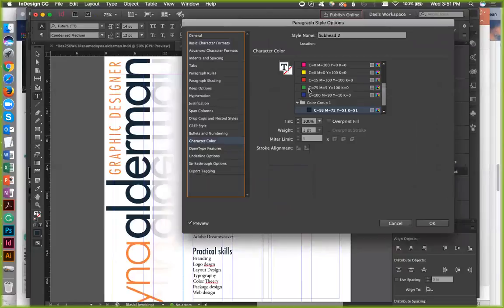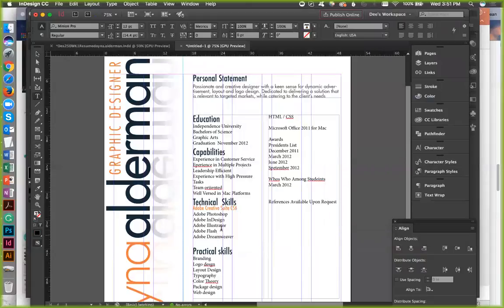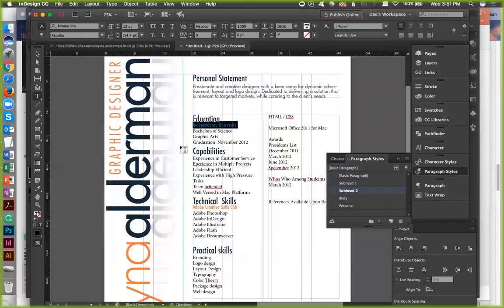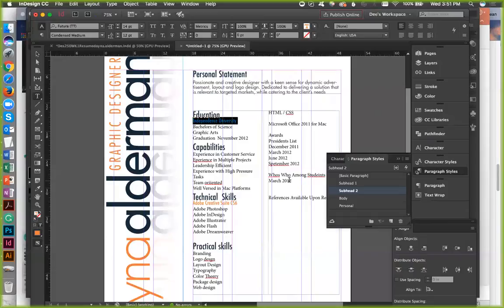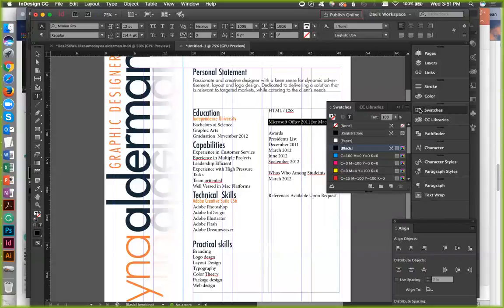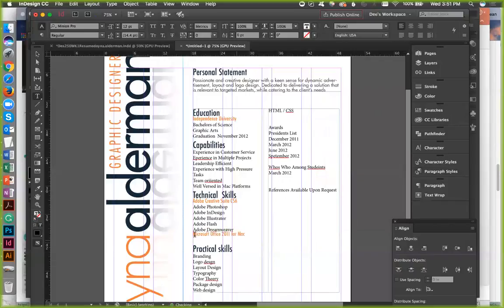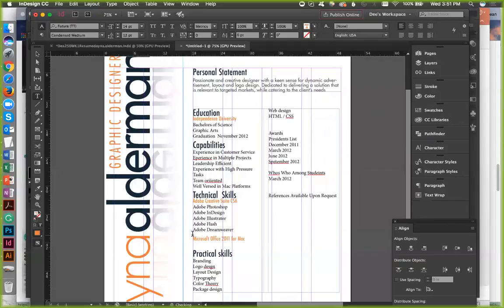Let's do character color. Let's try that. I might have to darken it. That's okay. Let's see. Actually, I don't. Nice. All right, I'm pretty happy with that. So now I can just come through here and I can do a subhead 2 there. Microsoft Office, where are you? You should be with the rest of my software, right? I'm just going to do that for the moment.